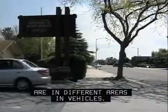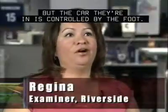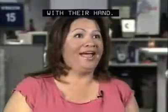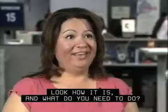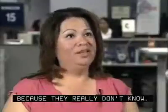Or it could be just that they're unfamiliar with the car because parking brakes are in different areas in vehicles. The car they're used to has a handbrake, but the car they're in is controlled by the foot, and I've had them reach down and try and push it with their hand. And I'm thinking, no, look how it is, and what do you need to do? And then I've literally had to say, you put your foot on there and push it down,